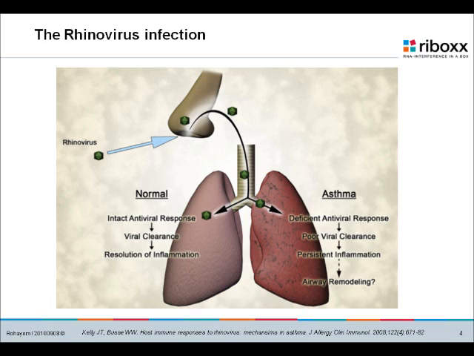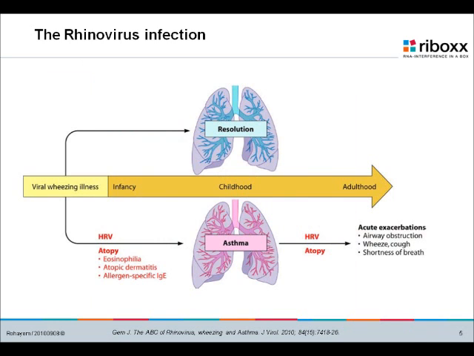But you can also develop further on complications like asthma that may lead to a kind of hyperactivity with this so-called airway remodeling. Now we know today that there is also an atopy predisposition to develop asthma in children that will experience this viral wheezing illness, although it is not quite clearly determined which kind of agents cause this viral wheezing illness.